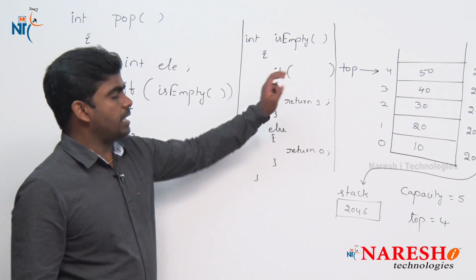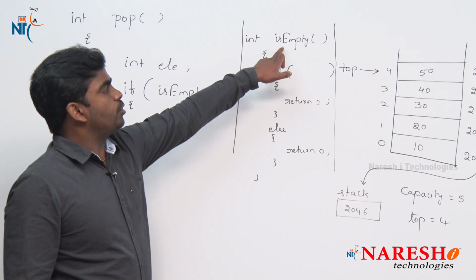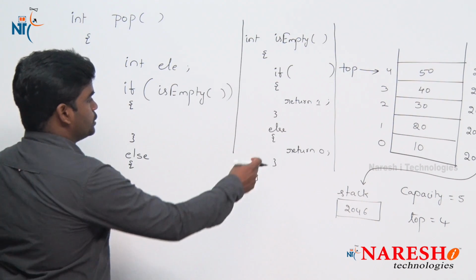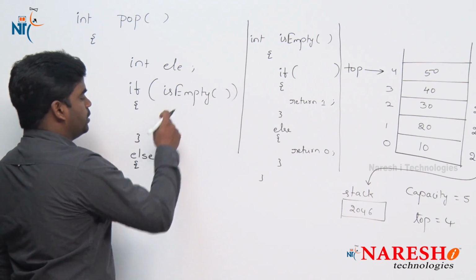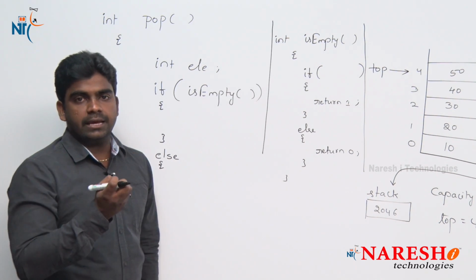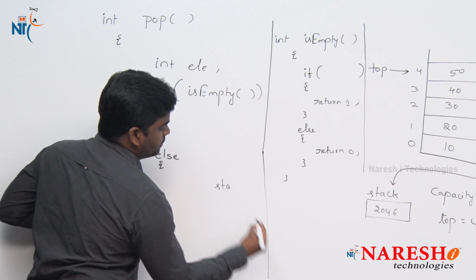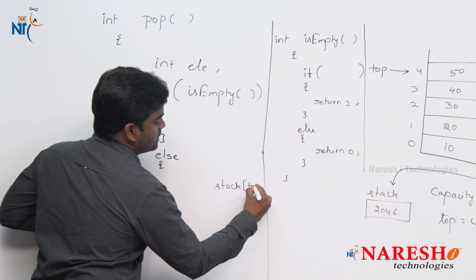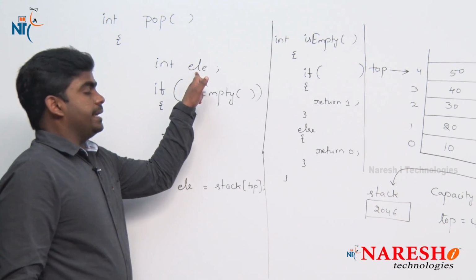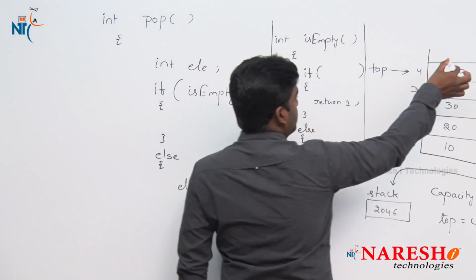Okay. Now, as of now, the stack already has some elements. So whenever you call the isEmpty method, the else block executes, it will return 0. So 0 will be collected here. If the condition is false, we come to this else block, and here we need to delete the element. So stack of top element we have to collect. Stack of top element we are collecting into the ELE element, and next after removing this one,